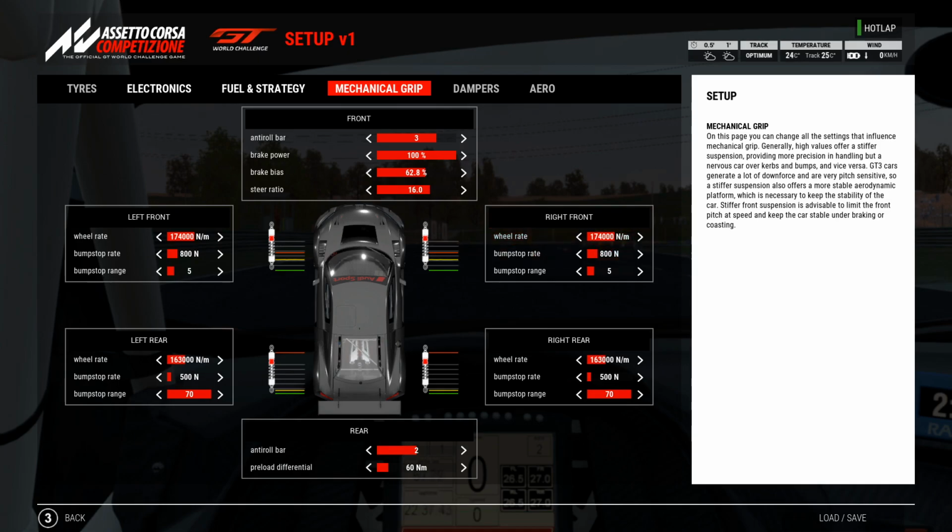Increase the wheel rate on the front, once again, just trying to control the nose of the car and turn in. It's one of those things, like it just felt better to me. I couldn't really get away with stiffening the rear of the car. I felt like